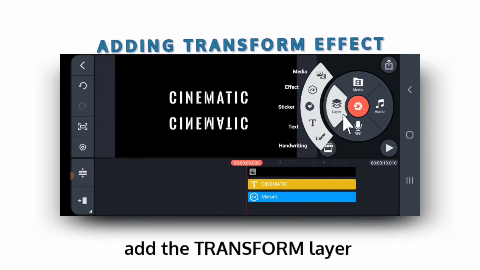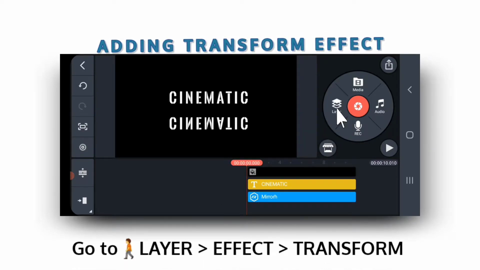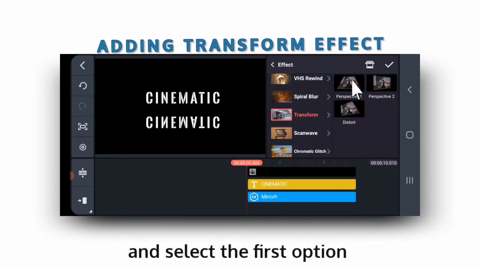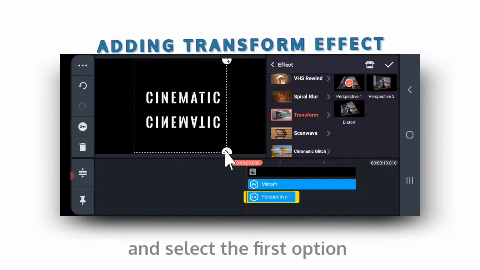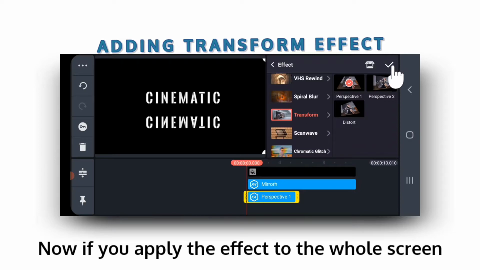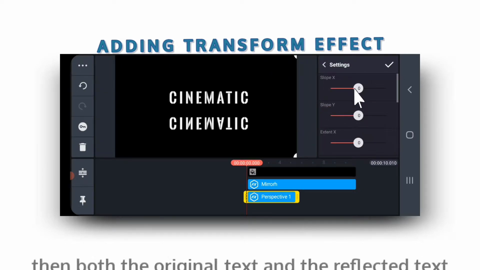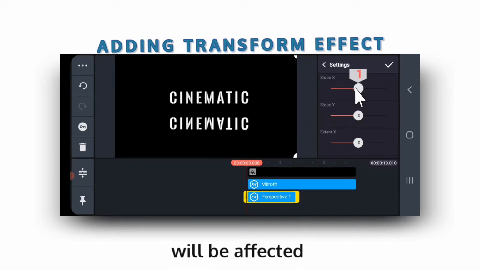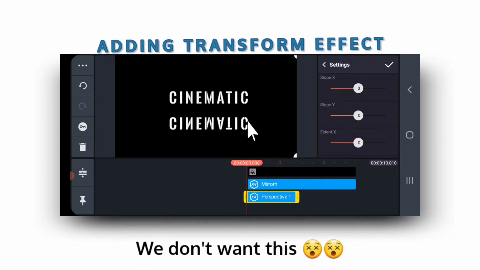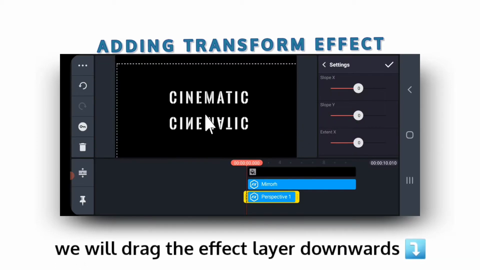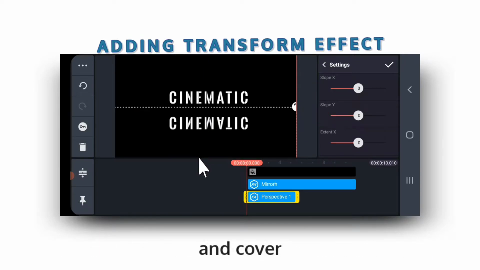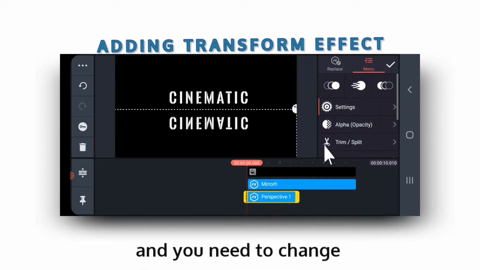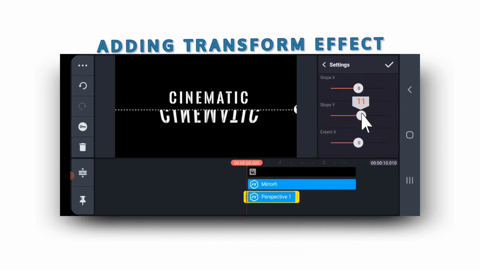Next, add the transform layer. Go to Layer, Effect, Transform, and select the first option, Perspective 1. Now, if you apply the effect to the whole screen, then both the original text and the reflected text will be affected like this. We don't want this, so we will drag the effect layer downwards and cover only the reflected text. Go to Settings and you need to change few parameters like Slope Y,